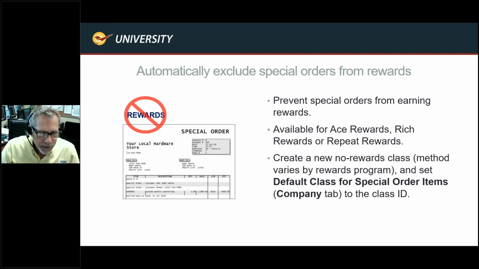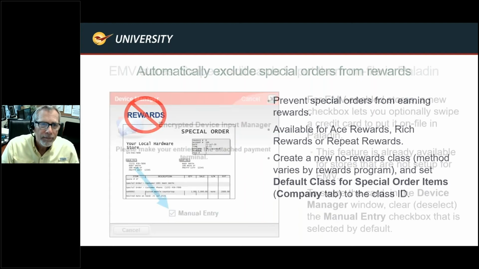After you've created a default class for special order items, obviously you're going to make that class where it does not support or honor Ace Rewards for that class. This is a feature that has been a tremendous help for people. Oftentimes, special orders can be in the thousands and tens of thousands of dollars, sometimes creating a lot of Ace Rewards credits. Well, this now will thwart that from happening again.